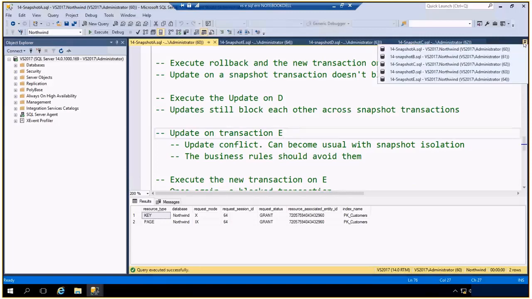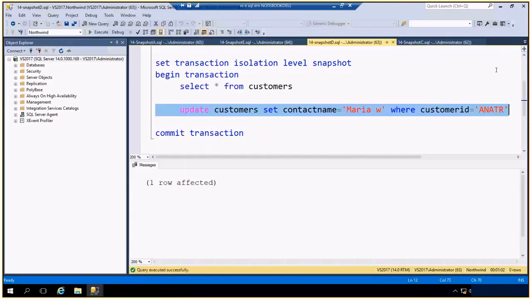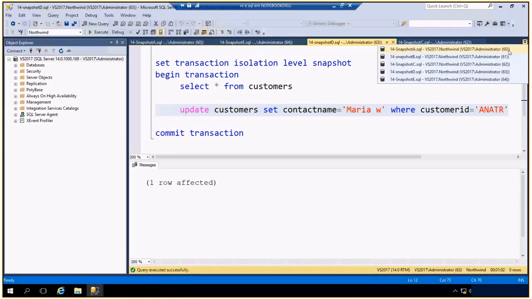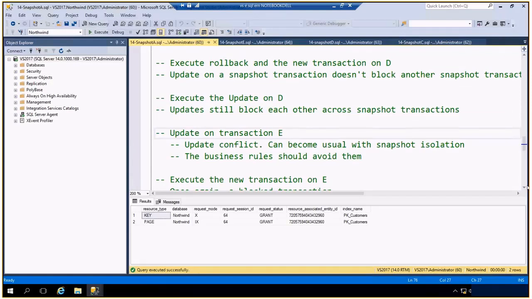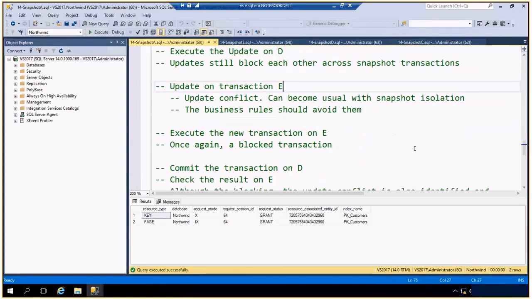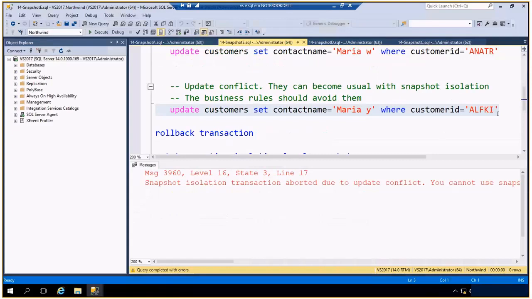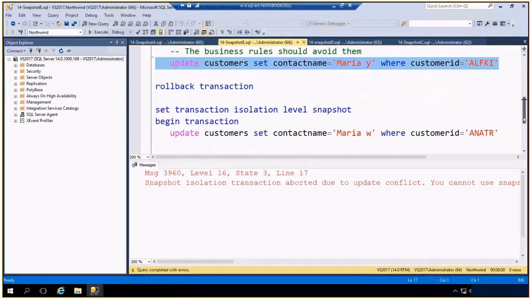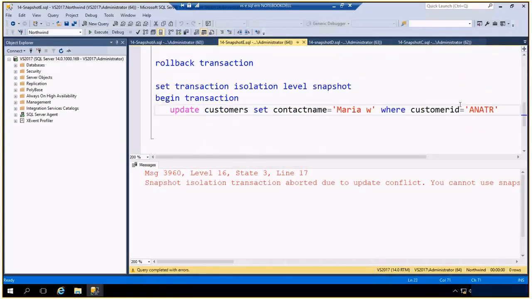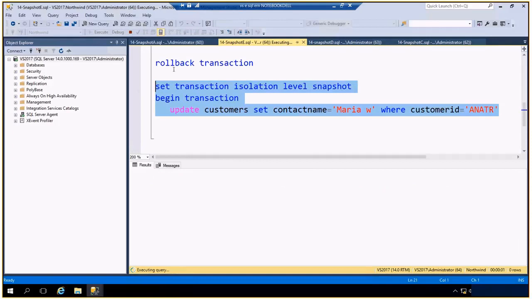Okay, on D, since that transaction was aborted, this update was completed. On D, let's return to E and execute a new update. I have a new transaction with an update trying to update the same record as the other script. Again, I get blocked.